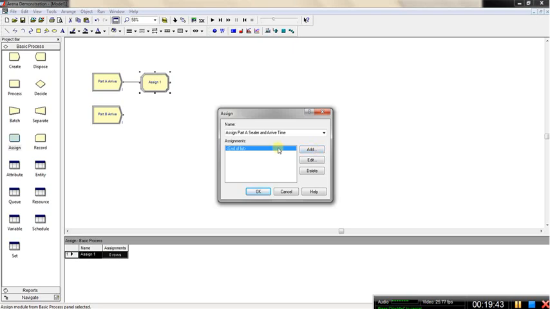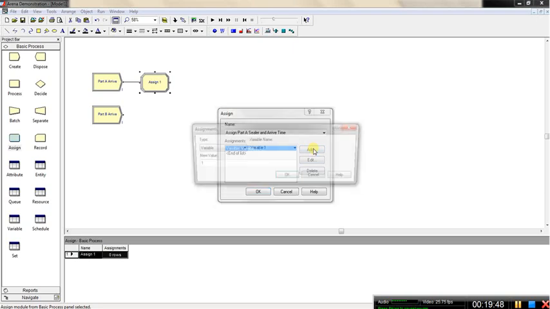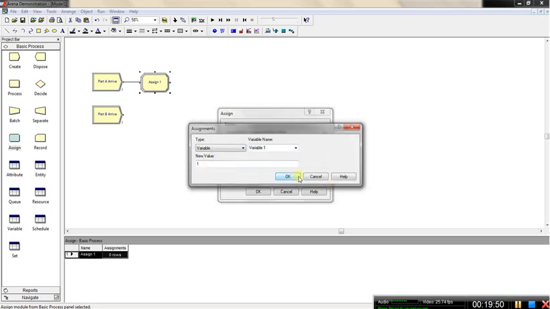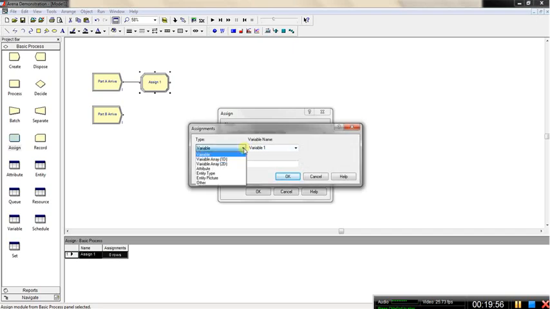So you can either double click, and then you can also press add. Either way it works the same way. So again, for example, I'm double clicking here, I'm finding the attribute. This should not be the variable, because variables are single things for one model. I want each part to have its own local variable, so I need to select attribute here. So attribute, and then I press attribute singular time,